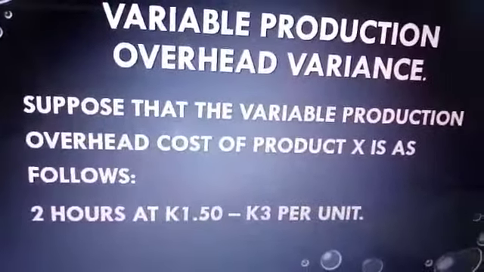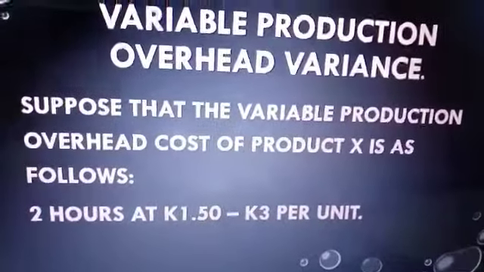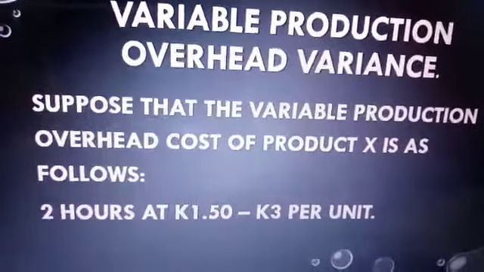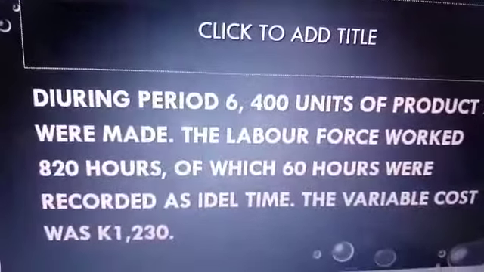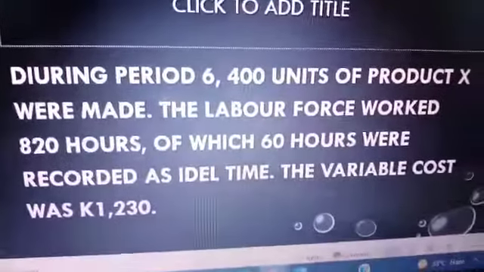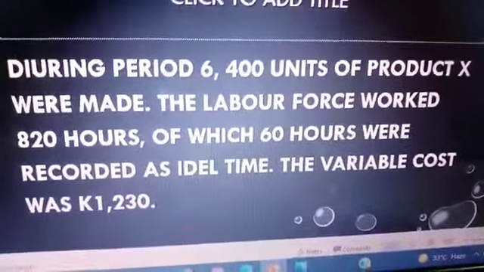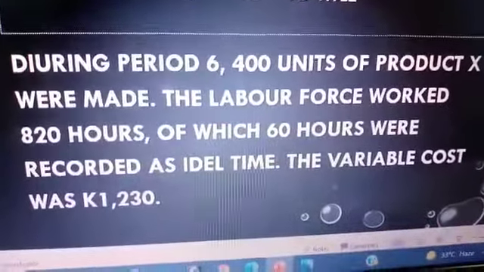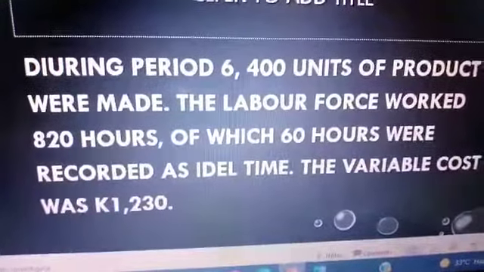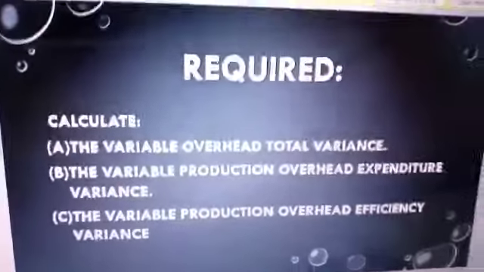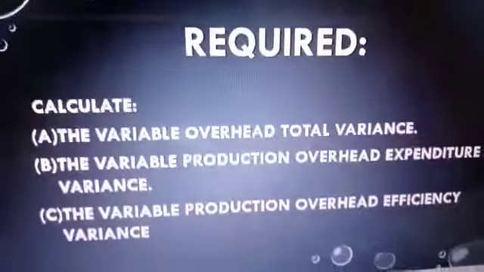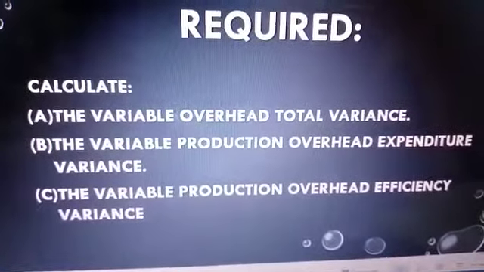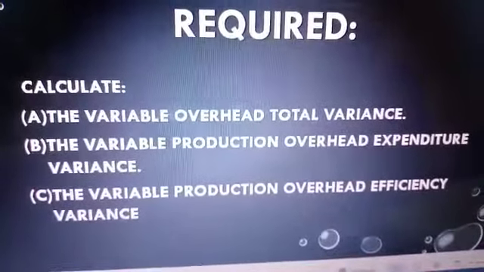Suppose that the variable production overhead cost of product is as follows. You need 2 hours at 1.50, total 3 per unit. Then during period 6, 4,000 units of products were made. The labor force worked 820 hours, of which 60 were recorded as idle time. The variable cost was 1,230. Similar calculations. You're required to calculate the variable overhead total variance, the production overhead expenditure variance, the variable production overhead